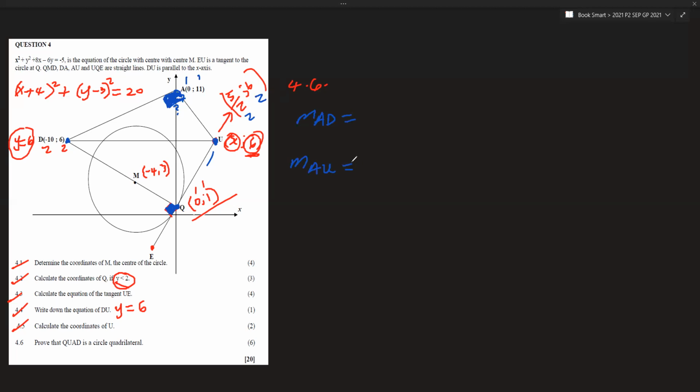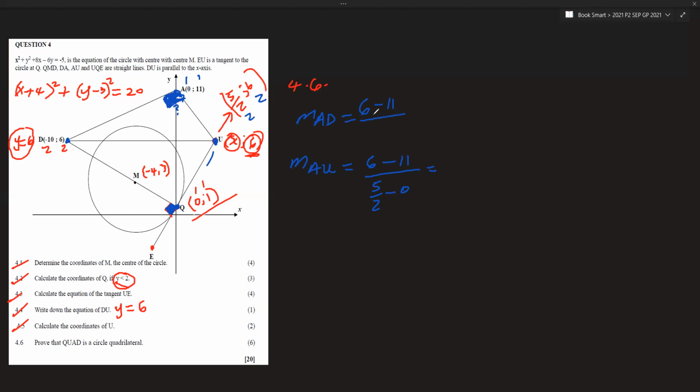So here, my y2 is 6 minus my y1 is 11 divided by my x2, it's 5 over 2 minus 0. Okay, let's set up this one now. That is my ones. I'm going to call this one my twos. So my y2 is 6 minus y1, which is 11, all over